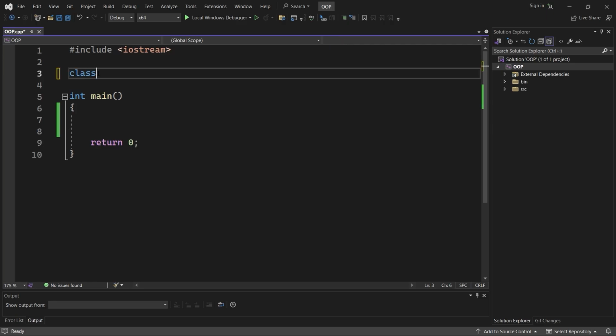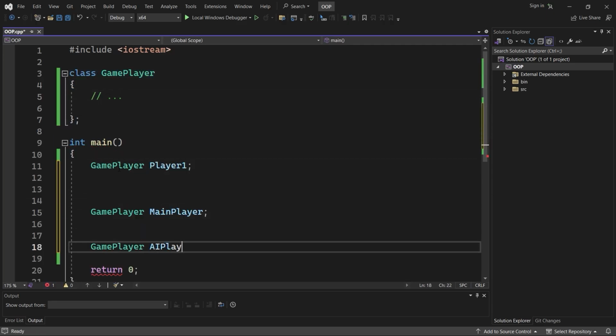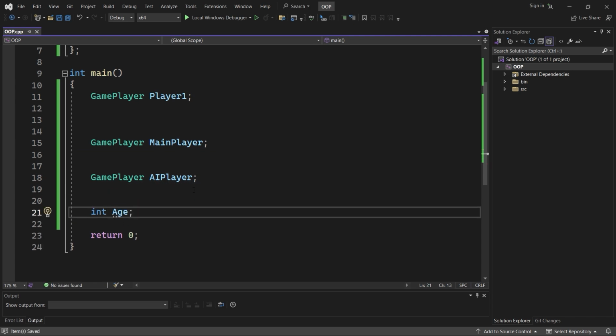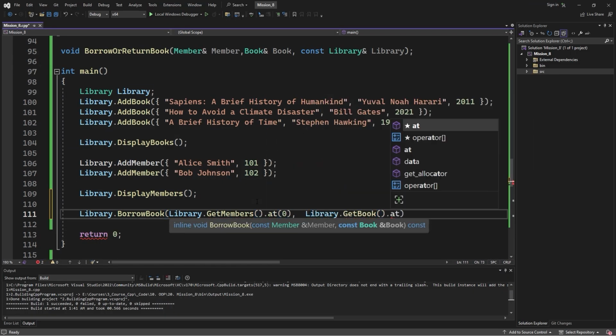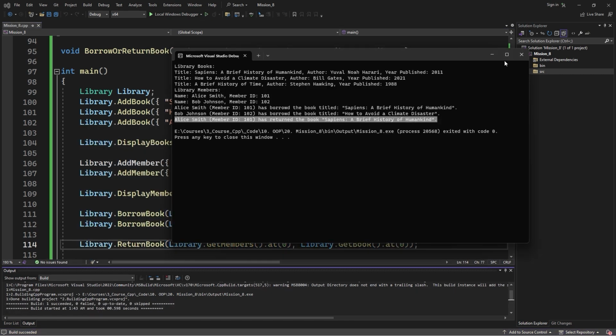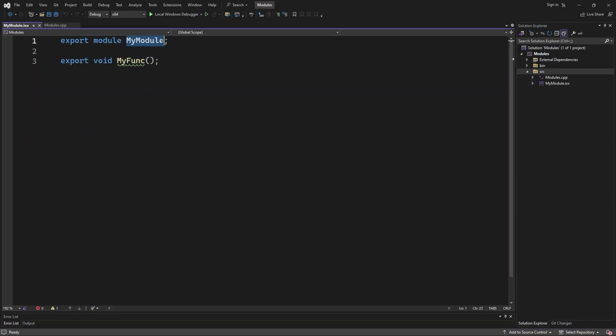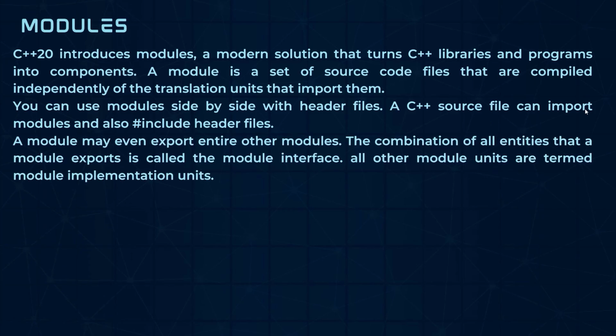We will also explore object-oriented programming, where you will cover classes, objects, inheritance, and more. You will even build a project like a library system to apply what you've learned. C++20 also introduces new features like modules and the spaceship operator, which you will learn to use for better code organization